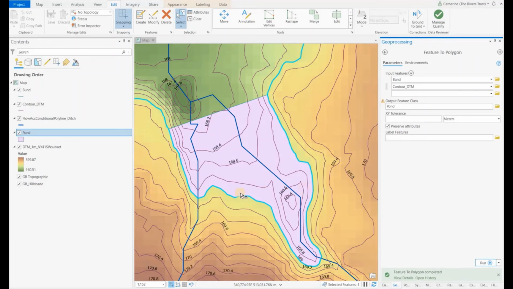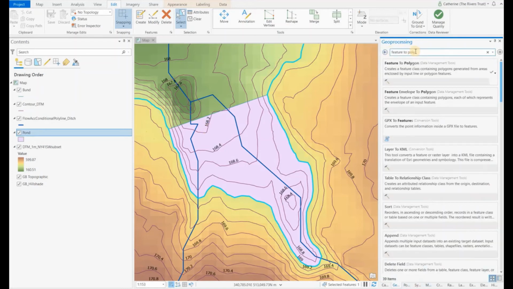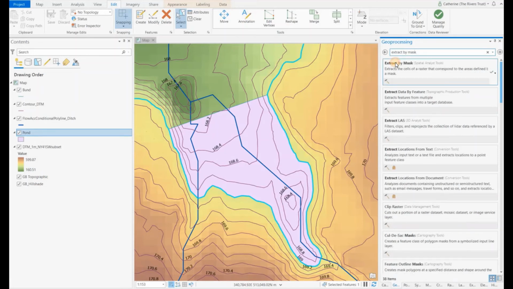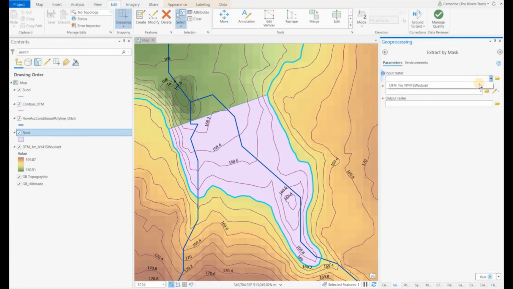Next thing we're going to do is to extract the values of the LiDAR from this polygon area. So to do that, we use extract by mask. And we want to get our values from the original LiDAR, but we only want values that are covered by this pond polygon. So we'll call it